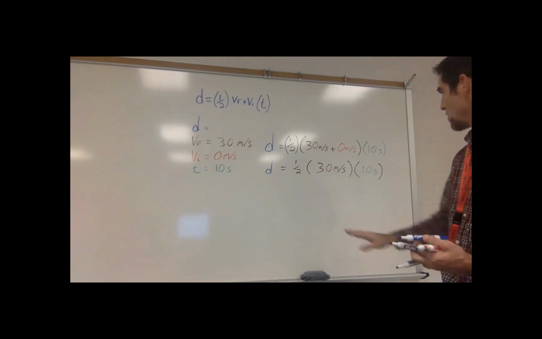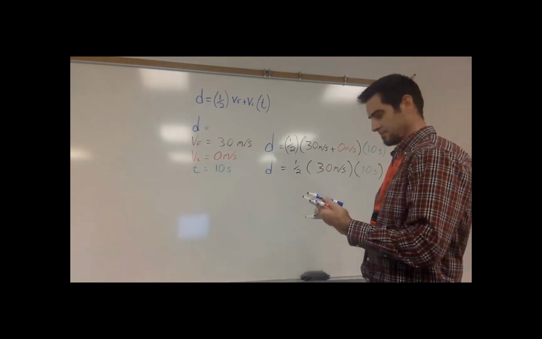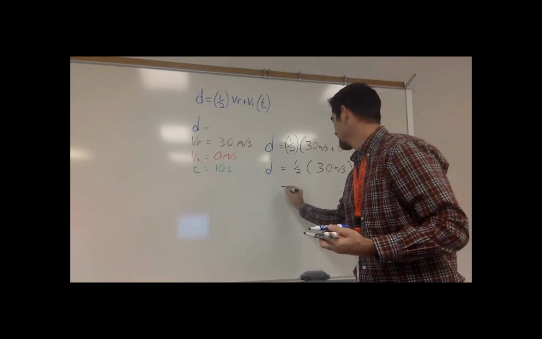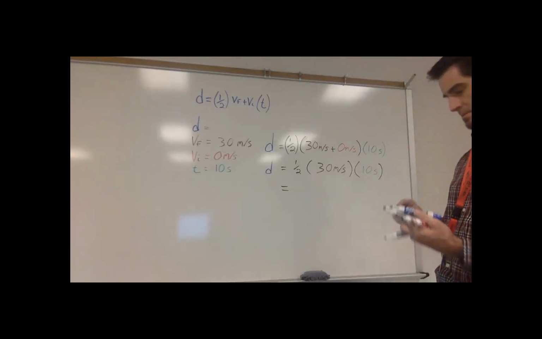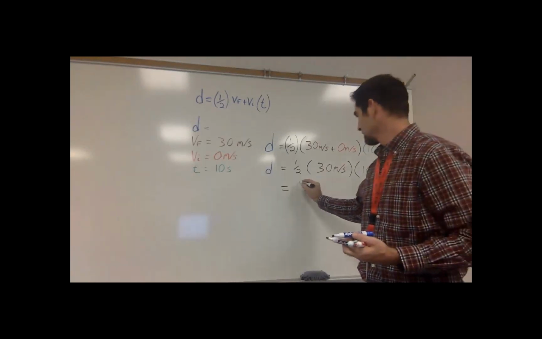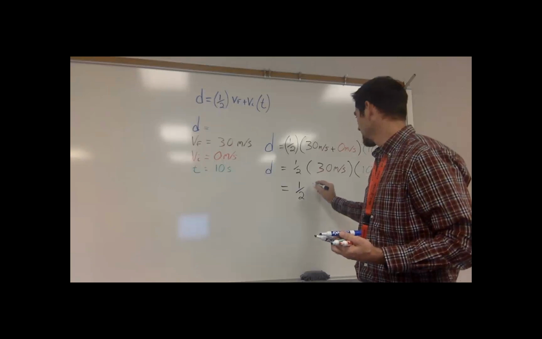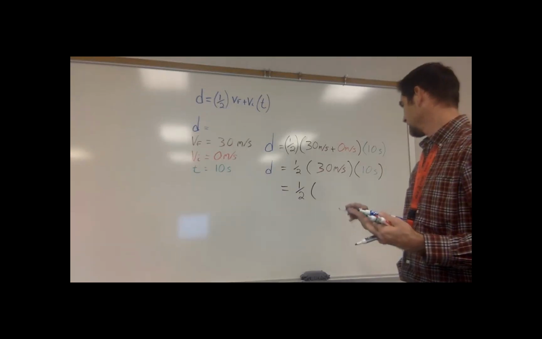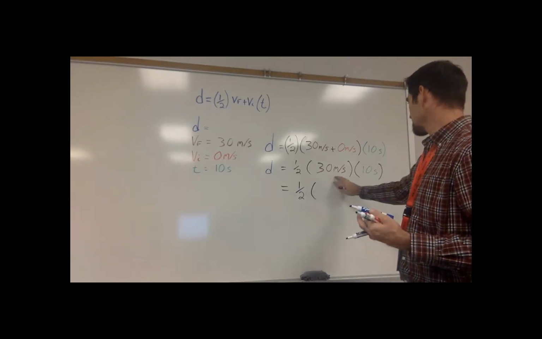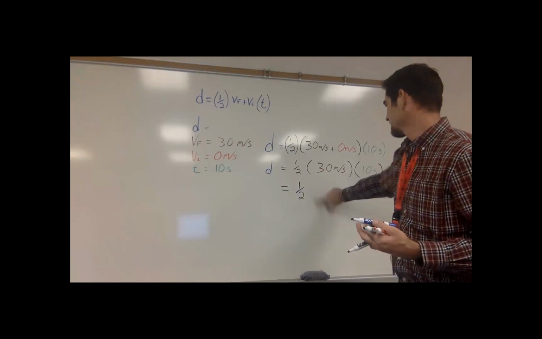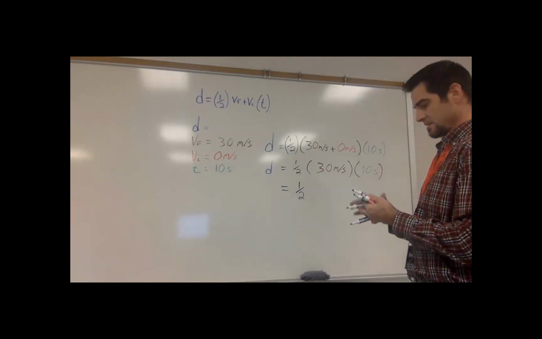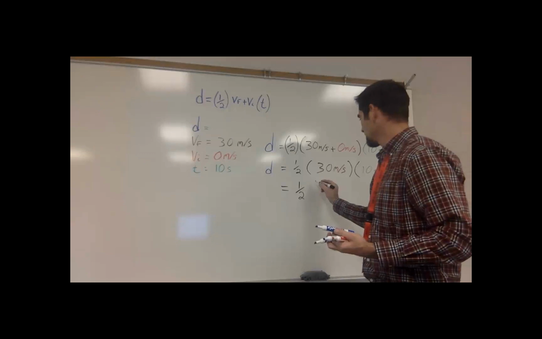Okay, now let's multiply. One half, 30 meters per second times 10 seconds is equal to